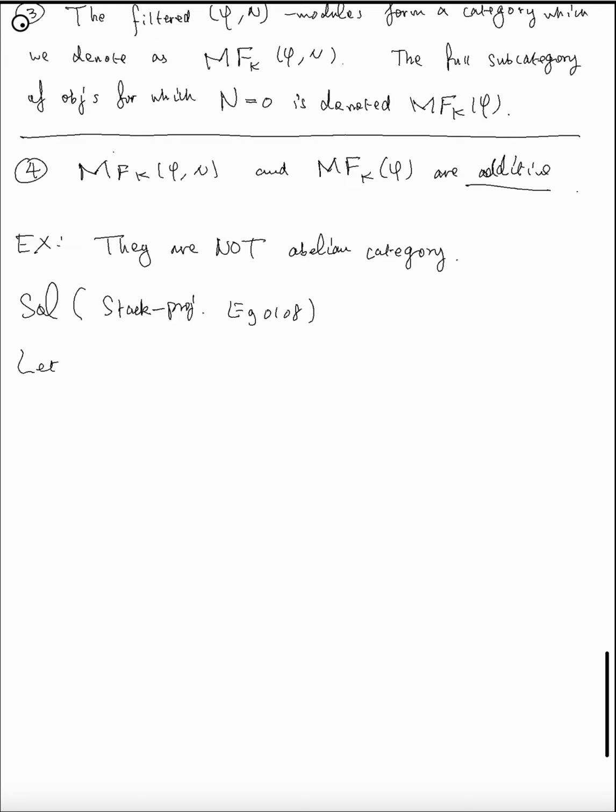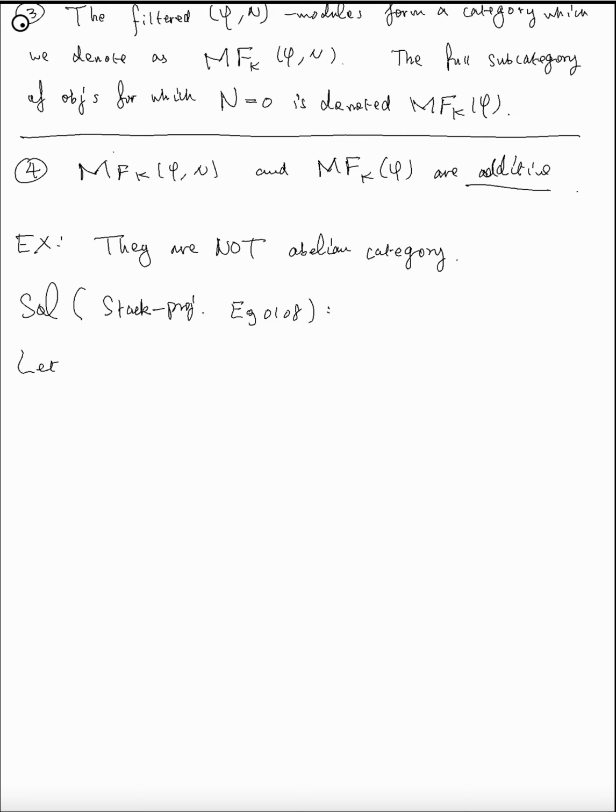Very easy example. The idea is that I construct an isomorphism. The underlying vectors and the underlying module are the same, but their filtrations are different. Basically, the coimage and the image of our example would not be isomorphic, and so not abelian.